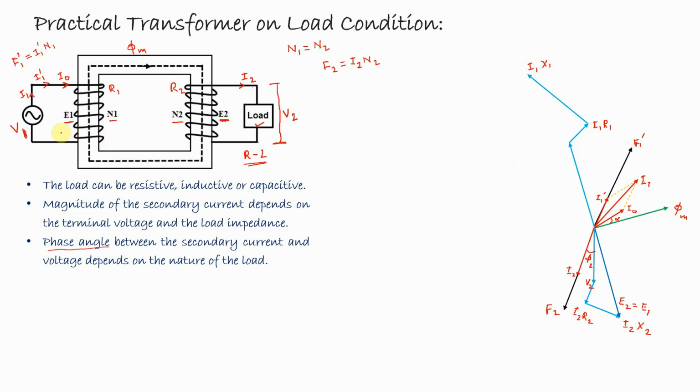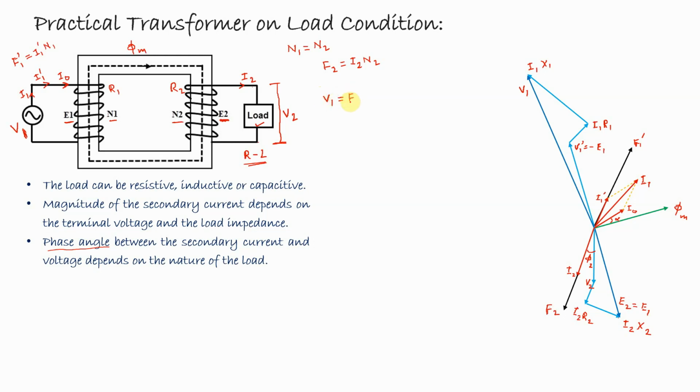And hence the voltage relations in the primary side will be the EMF induced in the winding, plus resistive voltage drop plus reactive voltage drop. And if we add all these values, we'll get the supply voltage, that is V1. Here it is V1 dash, that will be equal but opposite of minus V1. So this is the complete phasor diagram of the practical transformer on loaded condition. From this phasor diagram, some equations are developed. First is the voltage relations in the primary side.